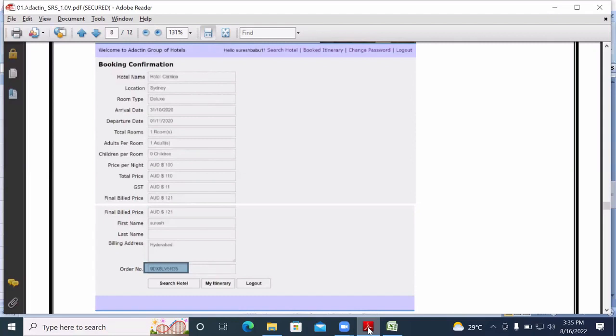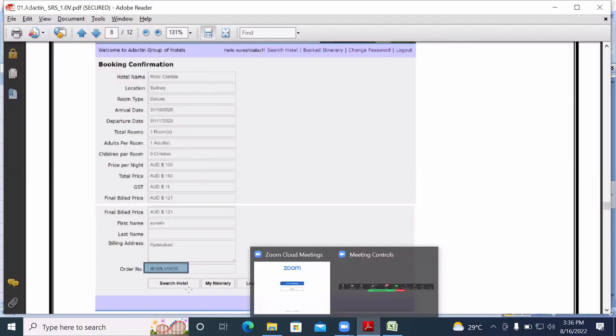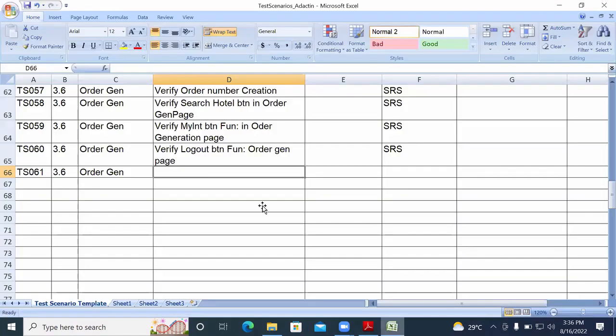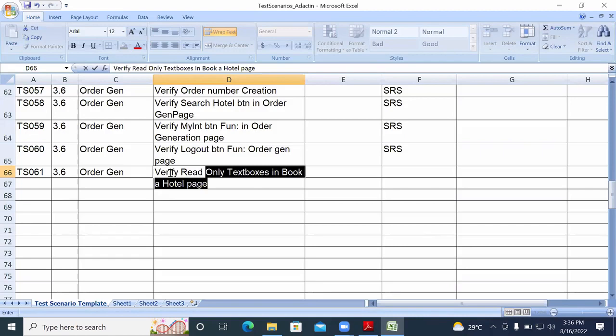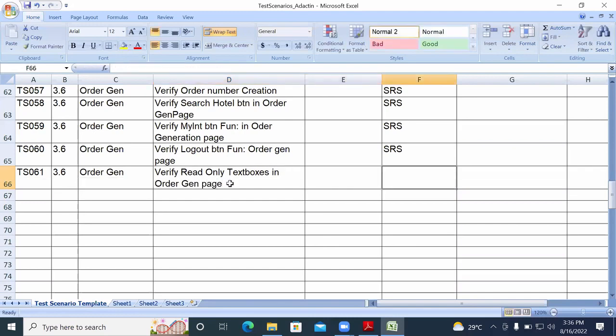Right. So all these things we need to be considering, that read only text boxes. Verify read only text boxes in order generation page. What is the document name we got? SRS. Okay, done. Next,